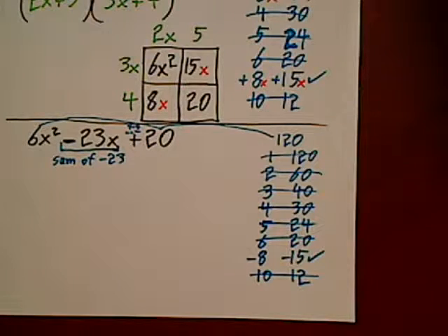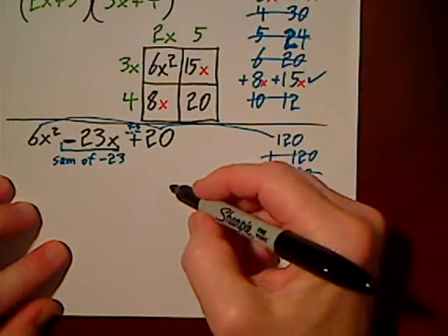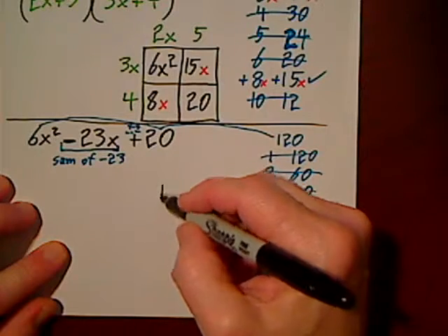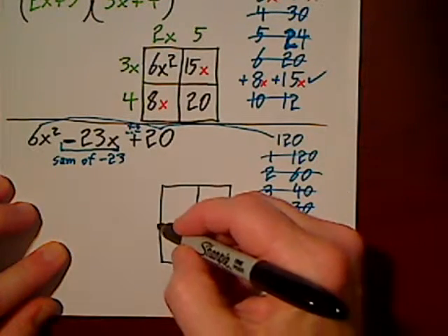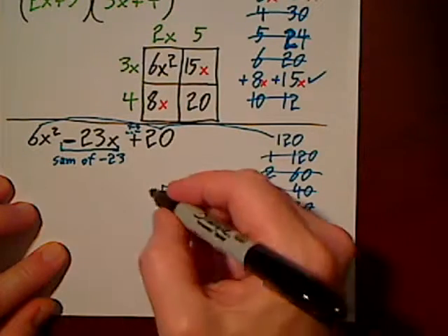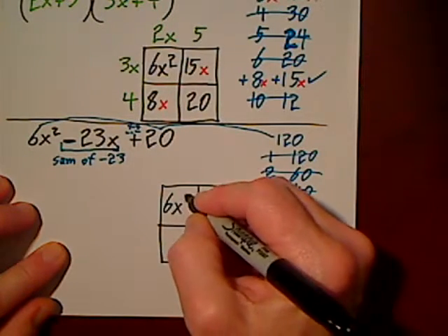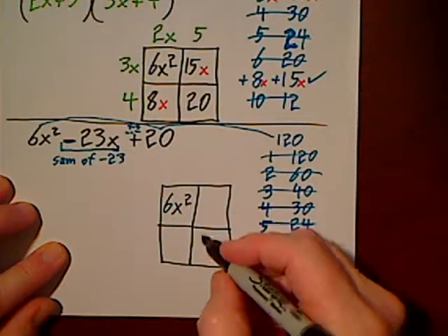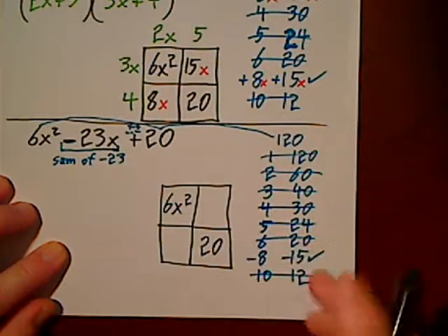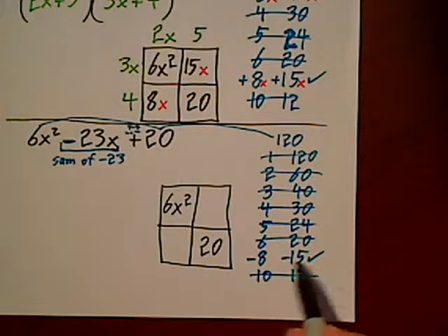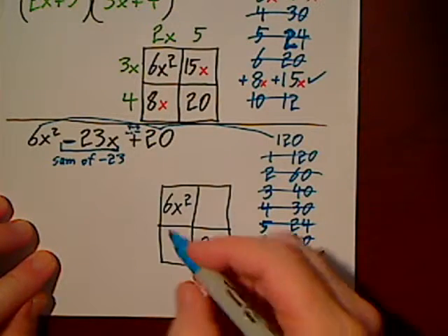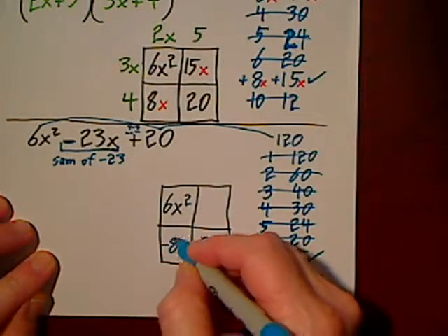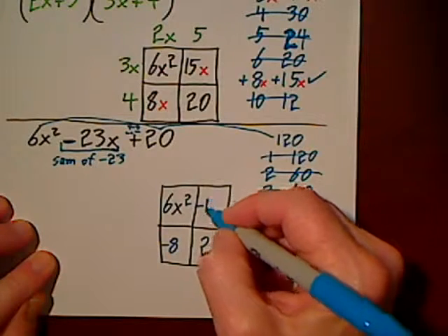So you go ahead and give yourself a 4-chamber box. First term goes in the first box. Last term goes in the last box. And now these two terms go in the other two boxes. And again, it doesn't matter which one goes where. So I'll put my negative 8 here, my negative 15 here,